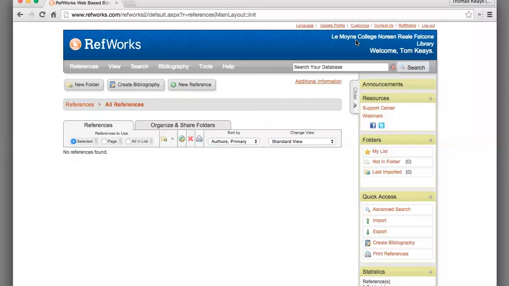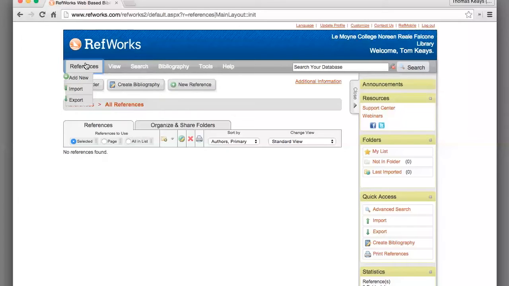In this video, I want to show you some details of the RefWorks user interface. I'm going to cover the most important items rather than attempting to cover everything. Some things we'll come back to in later videos. Our first stop will be the Reference tab in the navigation bar.